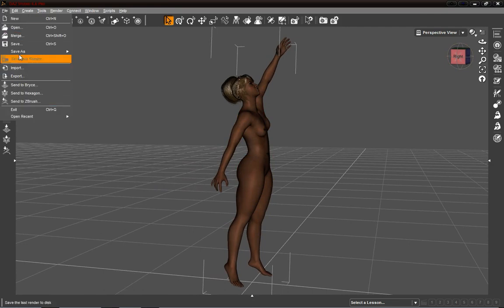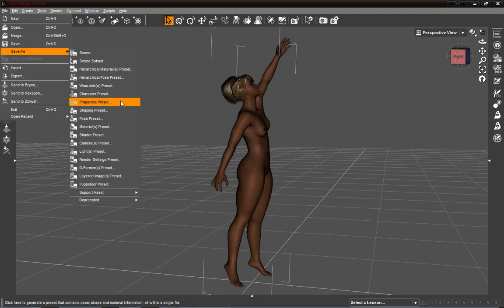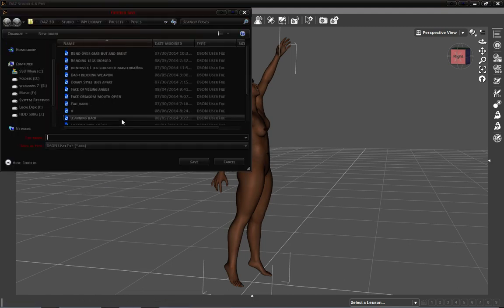Now we're going to go File. We're going to go to Save As. We're going to go to Pose Presets. And then we're going to type in reaching on toes. This doesn't really matter too much what you call it,